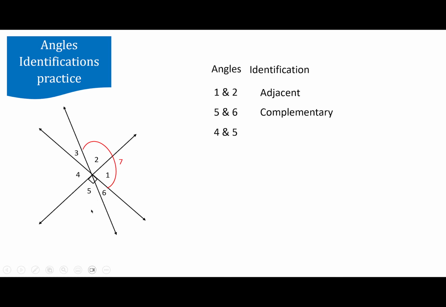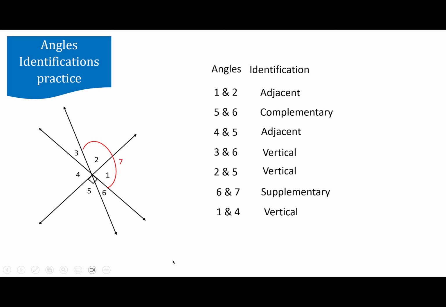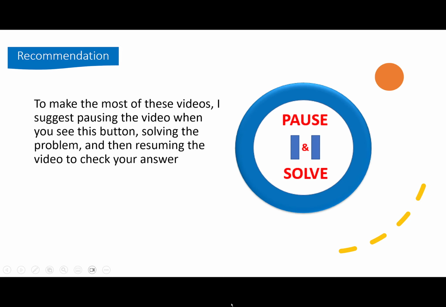4 and 5, adjacent. 3 and 6, vertical. 2 and 5, vertical. 6 and 7, that's a straight line here, they are supplementary. 1 and 4 are vertical. 3 and 7, supplementary. Recommendation. To make the most of these videos, I suggest pausing the video when you see this button, solving